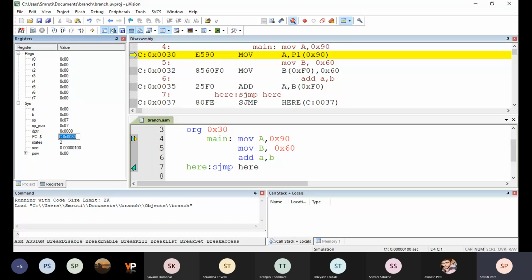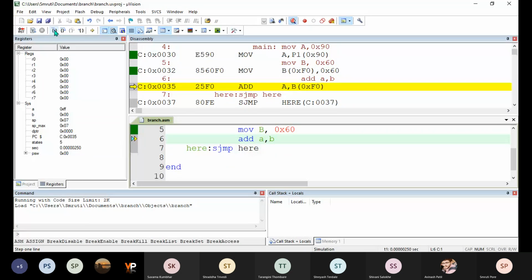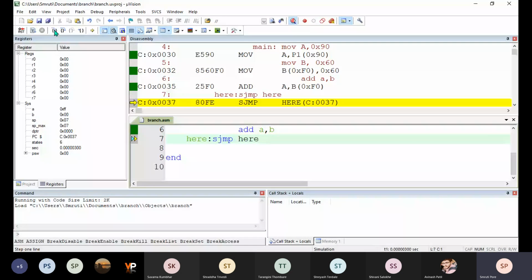Main is the label. Okay, and now as I go on executing the instruction, the program counter will increment every time. Okay, here program counter has become 32, then it will become 35, then it will become 37, and here what you can see is sjump is again written there.